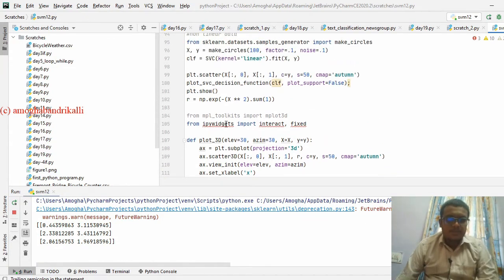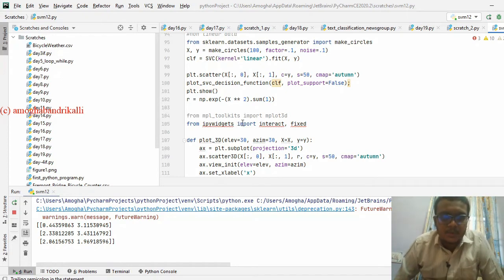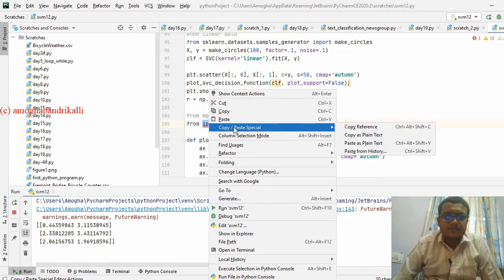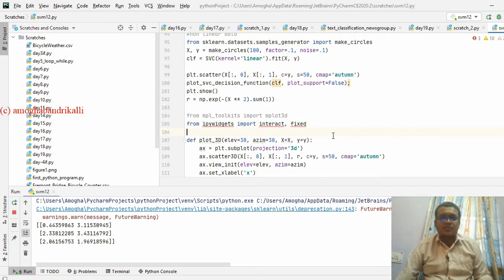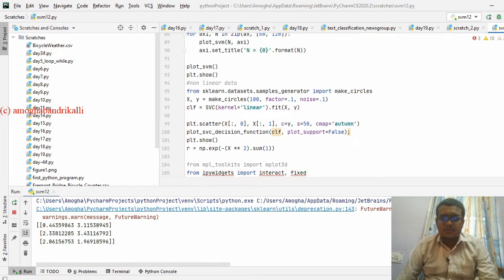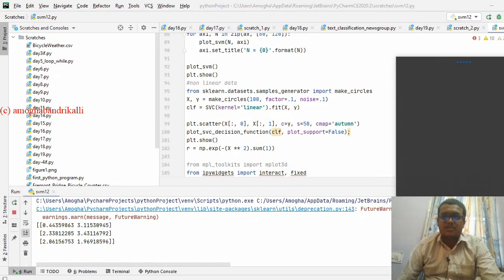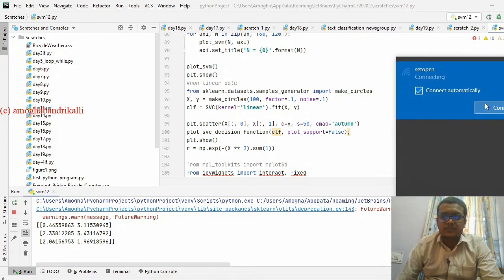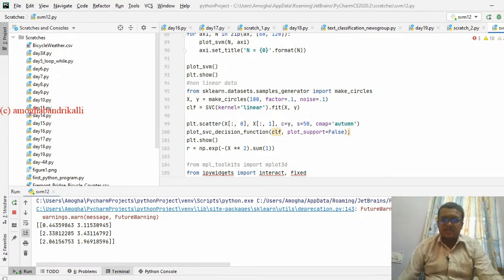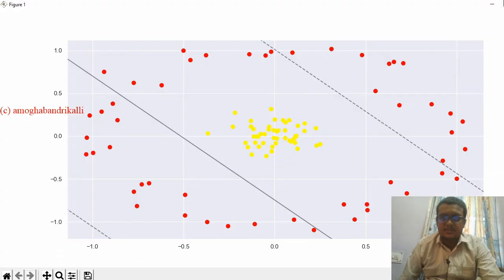Here we need to have internet to install the respective ipywidgets. Let me just connect to a hotspot. Okay, we can go to the terminal once it has connected.